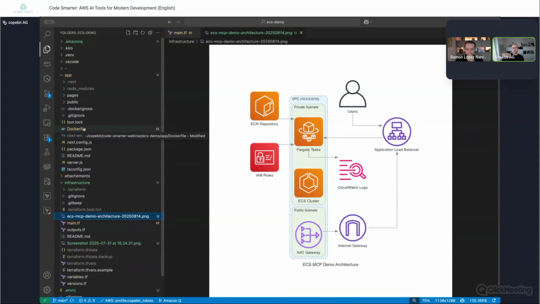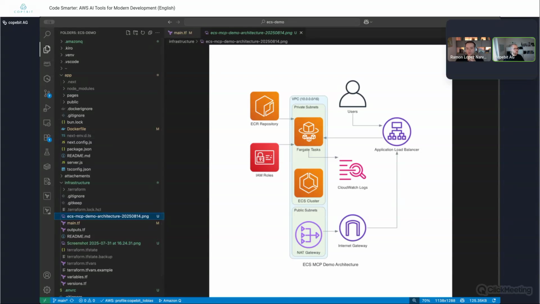Then, when you run into errors in your log files, the ECS MCP server is capable of reading those log files on ECS and then determining where the problem might be in your JavaScript code or in your Docker file or whatnot. So yes, these were my 2 short demos.